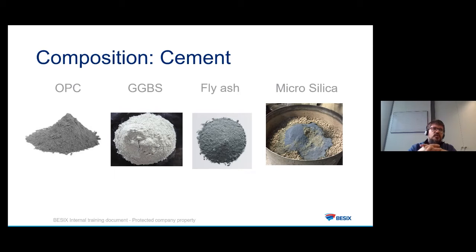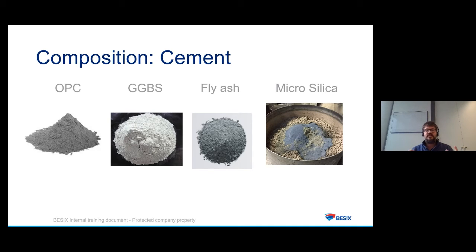In terms of replacement, we are talking about 5% of the cement replaced by the microsilica. So this helps a lot when you need to reach high strength without putting too much cement. So again, when you need to go for a high strength cement, you are going to use this, and you can use this in combination with the OPC, the GGBS, and the fly ash to be able to